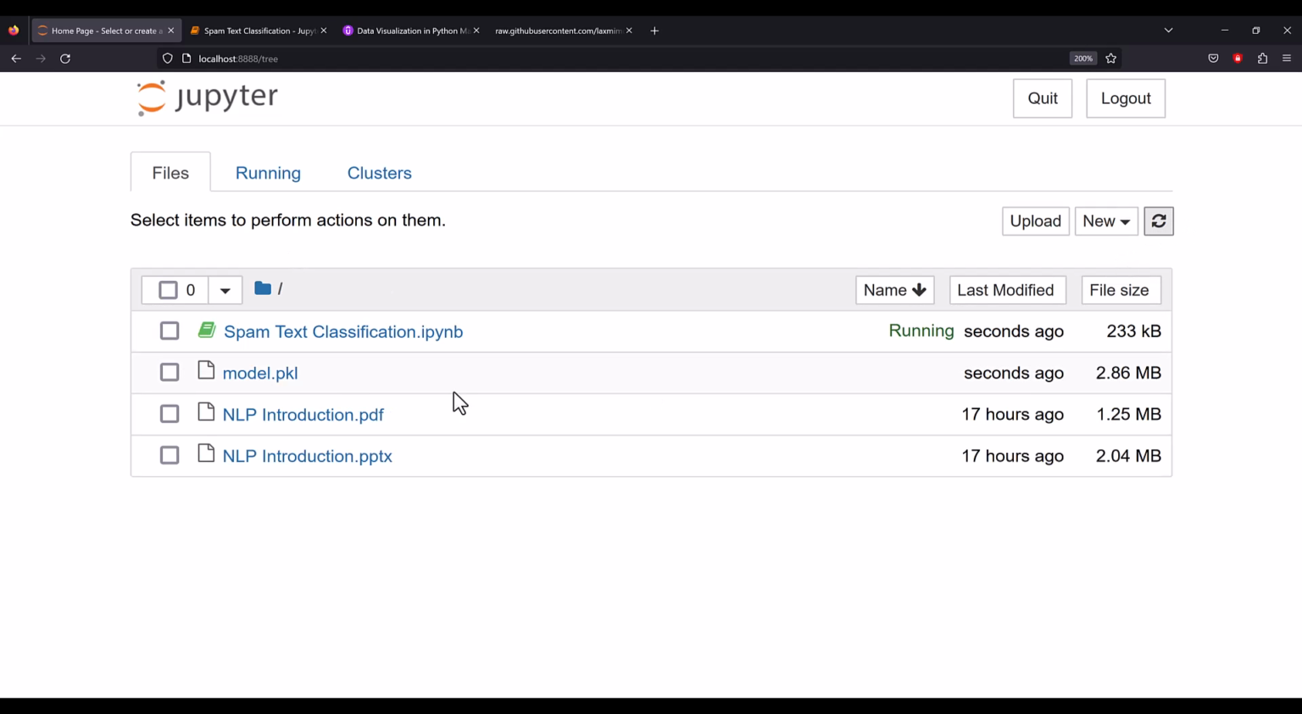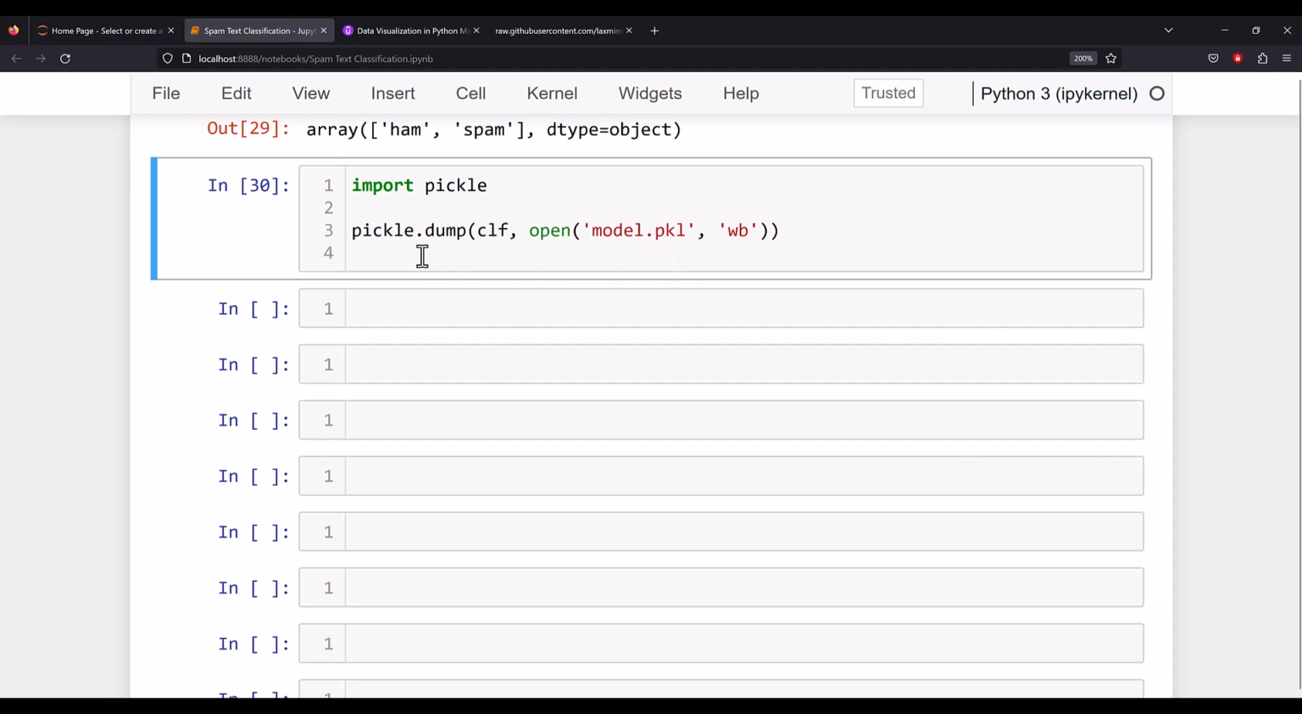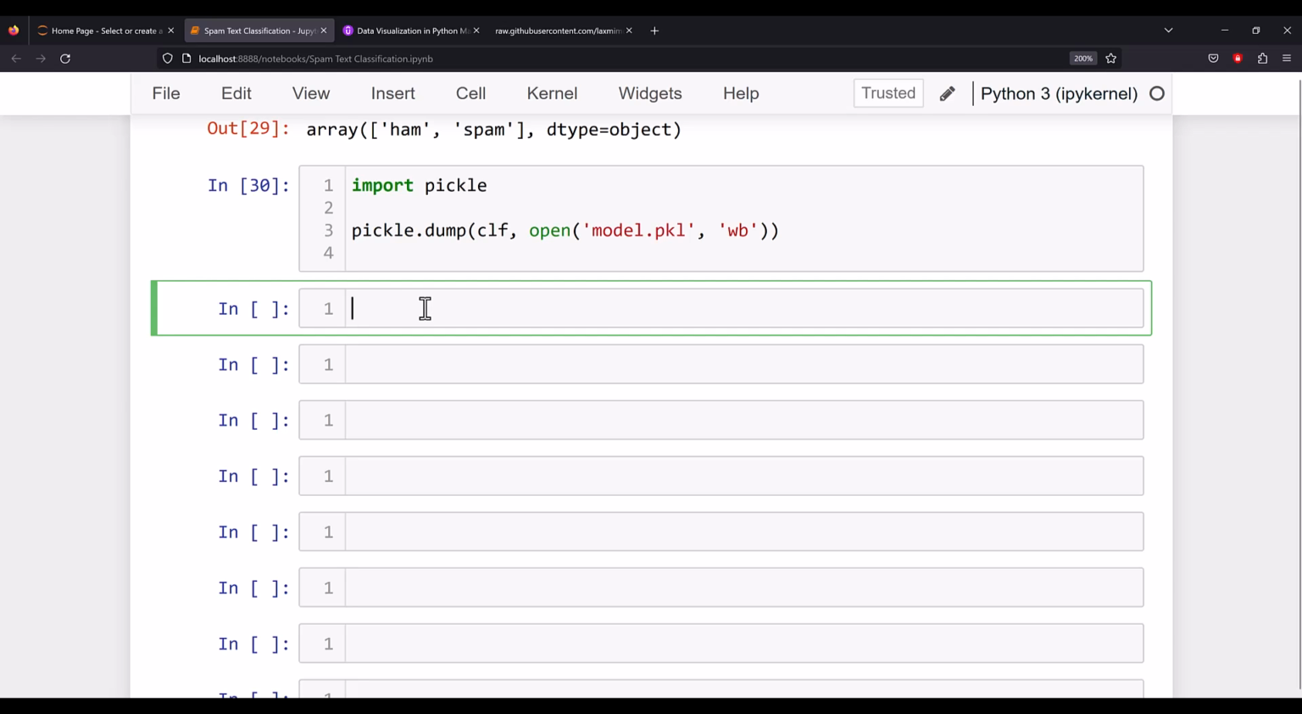Let me just refresh it here. You can see model.pkl, just seconds ago it was modified. So a model.pkl is stored here. Let's go ahead and load this model and see whether it will work or not. You can simply load this model into a model variable